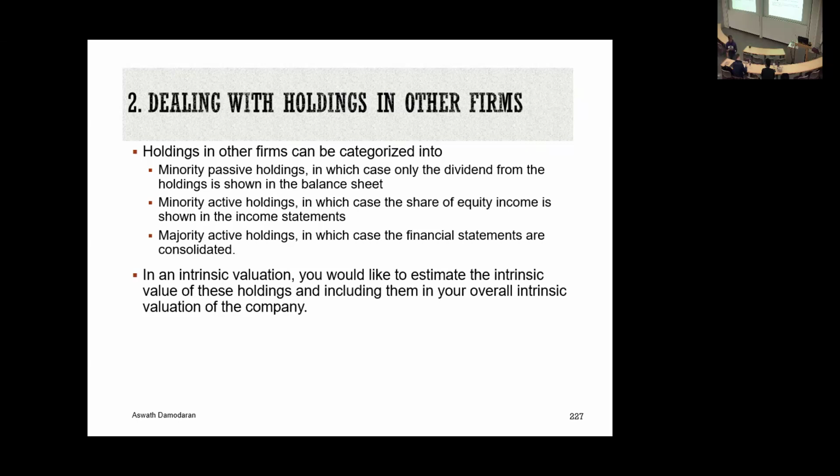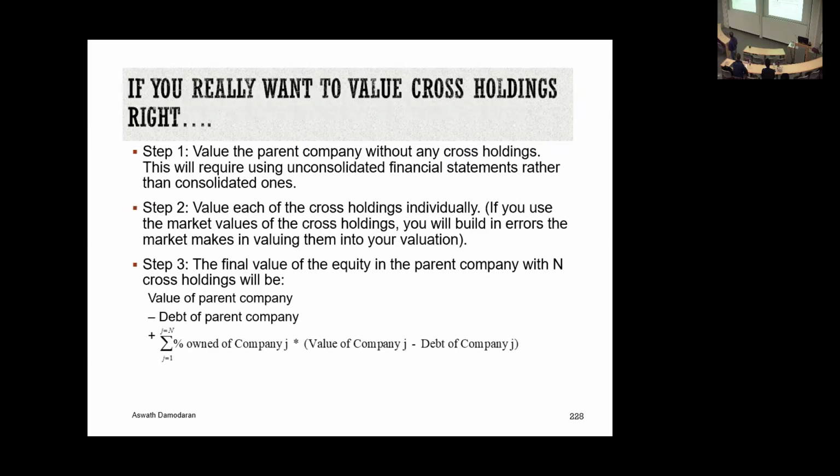Already you can see we have a lot of cross holdings and joint ventures. The first step in valuation is to figure out how they've been accounted for. Otherwise, you're going to misread the balance sheet. So let's first start by talking about, in an intrinsic valuation, in a perfect world, how we would bring these cross holdings into the mix. In a perfect world, here's what I would do. First, I would value the parent company with parent company financials. This would require that your company actually have parent financials and consolidate. That's not true in big chunks of the world, but if you have both parent and consolidated financials, I'm going to value the parent company, the standalone company, without any of the cross holdings.